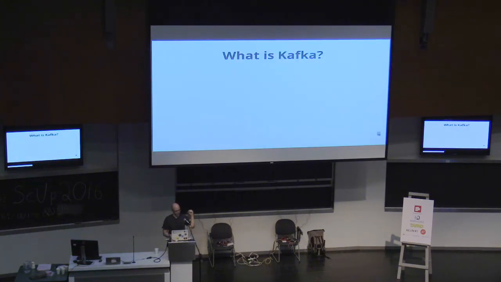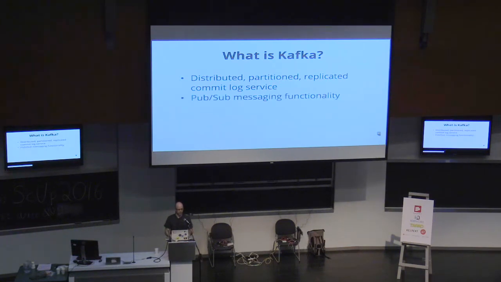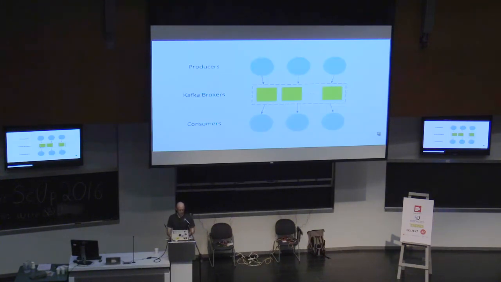From its docs, Kafka is a distributed, partitioned, replicated commit log service, which is a lot of fancy words together. But if you think of a commit log, think of how a database works. It's append only, linear reads and writes, so it's really fast at sending the information. It provides pub-sub messaging functionality, so one-to-many messaging. It was started at LinkedIn, but now it's an open source project and has a company called Confluent that sort of manages it.